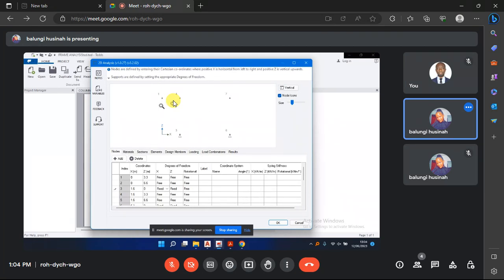You go back to 3. What is 3 saying? 3 is fixed in the X. It is also fixed in the Z. Then in the rotational, is it free to rotate? If I check on the rotation and I see